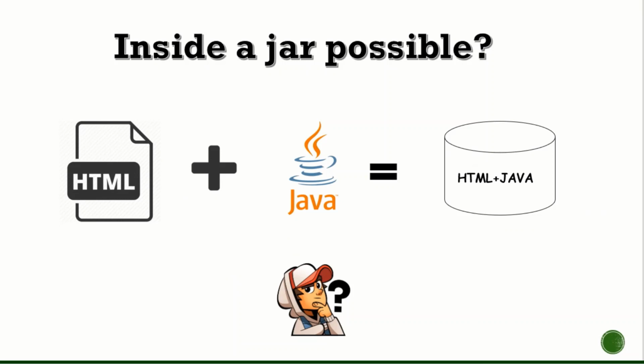So, is there any scenario where we can use a single jar which includes both the HTML and Java inside the single one? Can we have such a technique inside Spring Boot so that both sides, the UI and the backend services, can be handled inside a single application? Is there any technique or method for that? Yes, we have a method, and we are going to discuss that today. So let's move on to that.